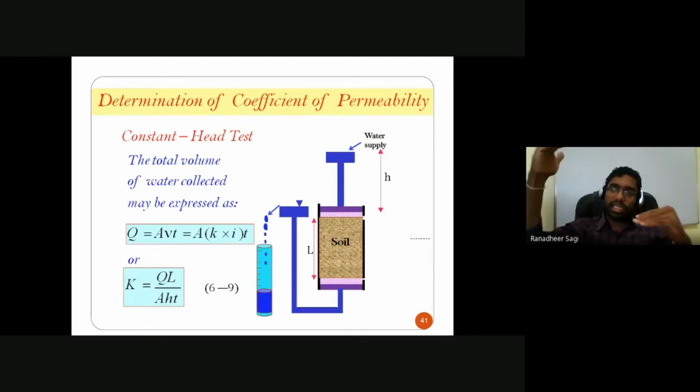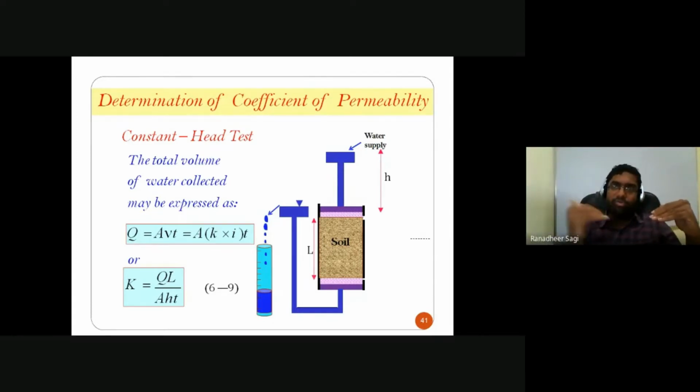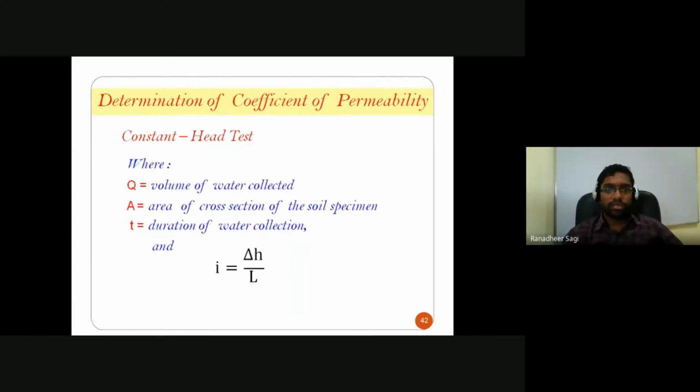So we initially provide a certain total head difference between upstream and downstream, so that no flow is initiated through the soil sample. Due to that total head difference, the flow will be static. And as the flow gets initiated through the soil sample, the water level on the upstream starts slowly coming down, and depending on how the water level is decreasing, we'll calculate the coefficient of permeability of the soil in the case of your falling head test. Whatever I have talked about is very much there in these slides.